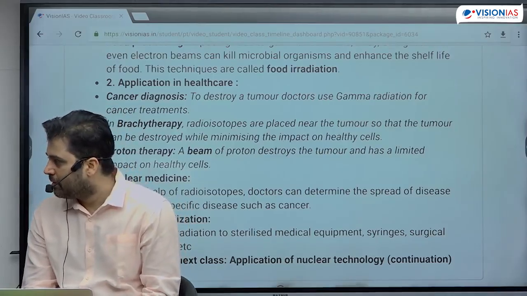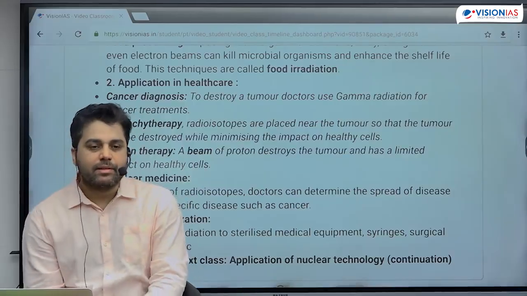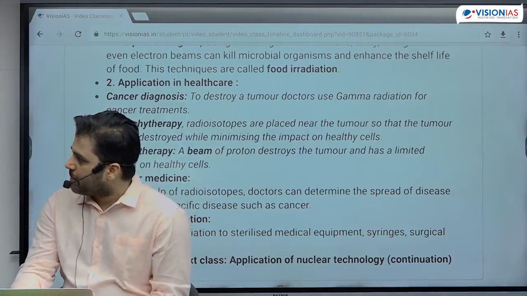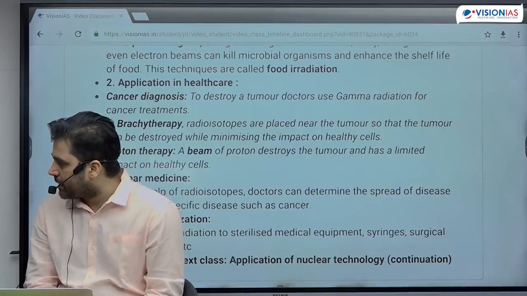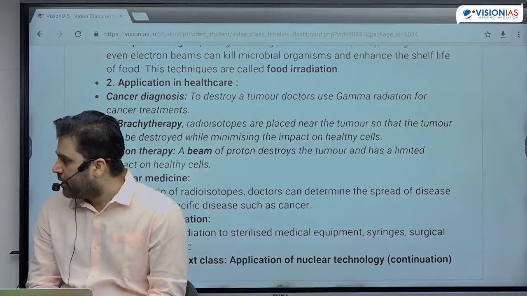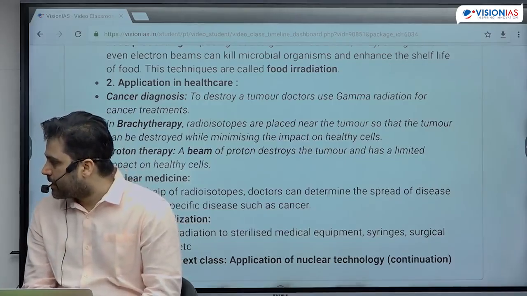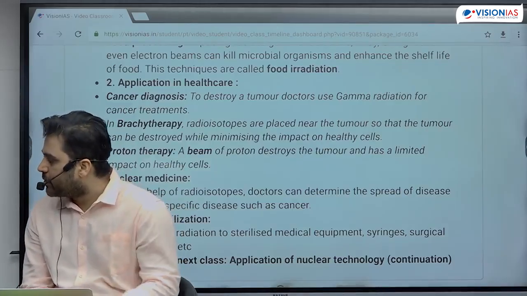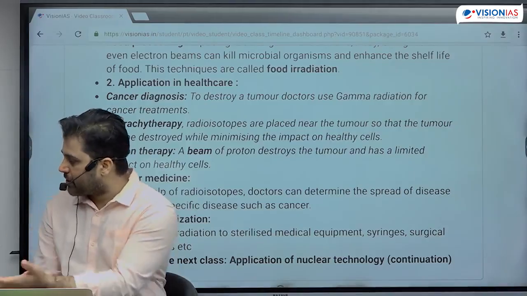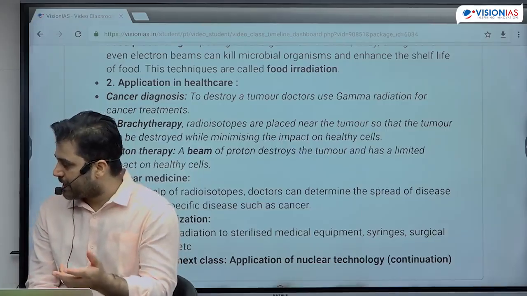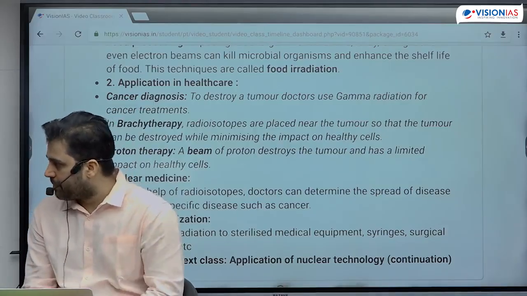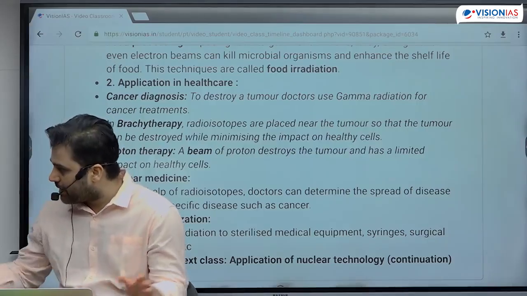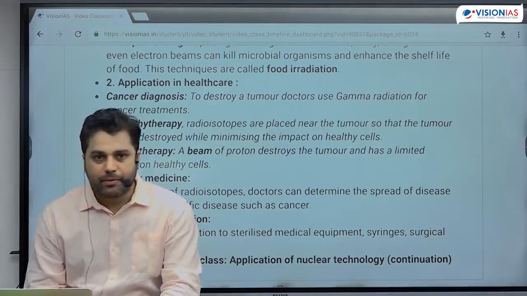Nuclear transmutation means whenever one nucleus is changing into something else. Transmutation as a word means that there has been a sudden change into something else. I can use the word nuclear transmutation for alpha decay or beta decay. That I started with uranium, but I got thorium. So that will be transmutation. Isotopic separation method means that I have a mixture, but this is not a mixture of two different things. It is a mixture of the same element, albeit with different atomic mass, and I want to separate them, hence the word iso. So yes, these are two entirely separate words, nothing to do with each other at all.